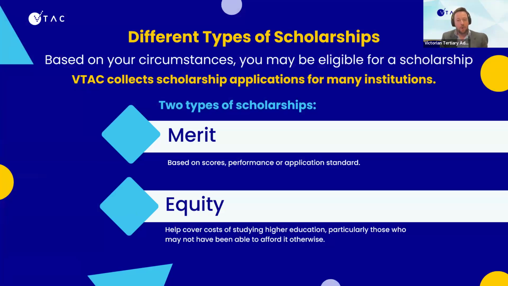Scholarships are a very, very broad area. They're awarded on different criteria, not just on academic merit. If we zoom out though, broadly, we can put scholarships into two categories. We have merit scholarships. So these are for high achieving students. Then we have equity scholarships, which exist to assist people access tertiary study when they would otherwise not be able to afford it.